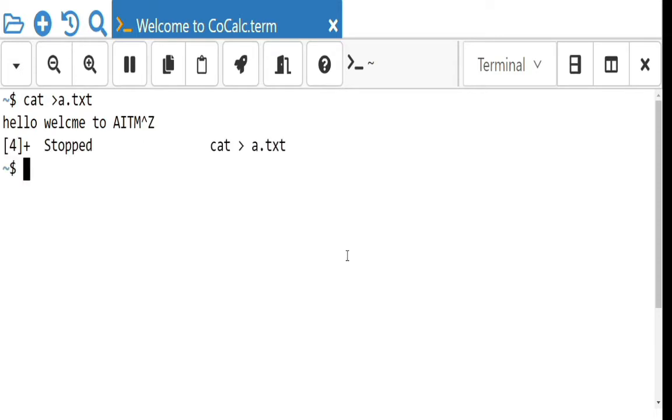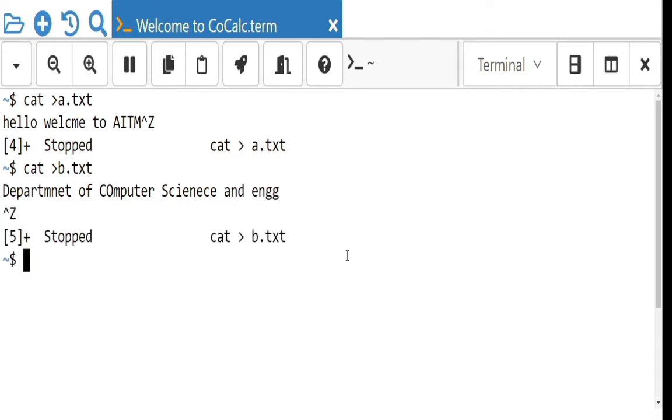Then next I want to create another file, that is b.txt. Here I am going to write: Department of Computer Science and Engineering. So these are my two files.